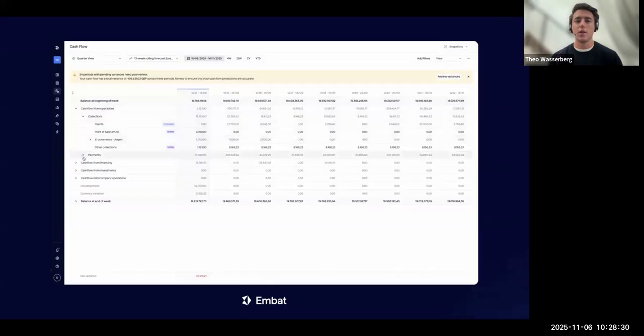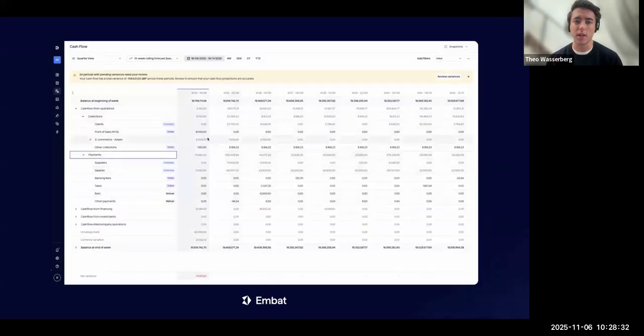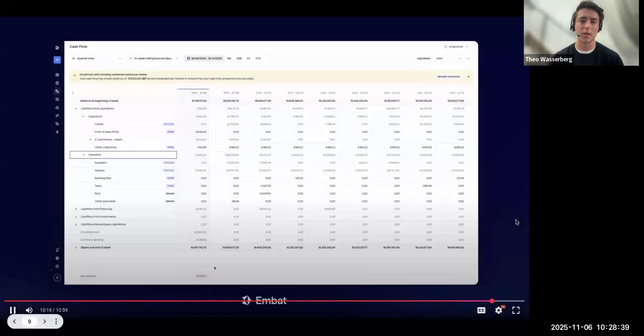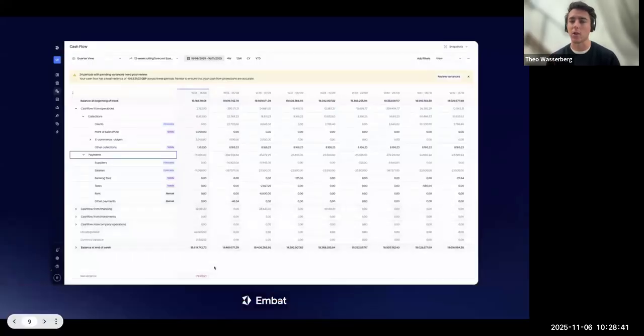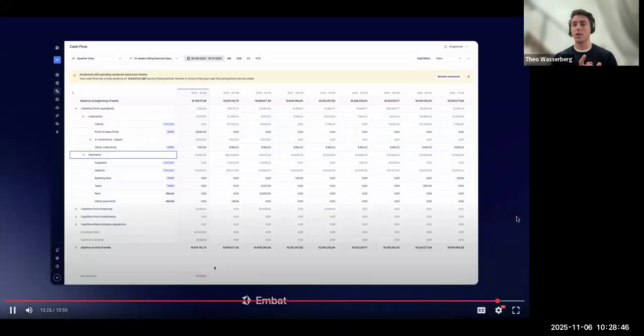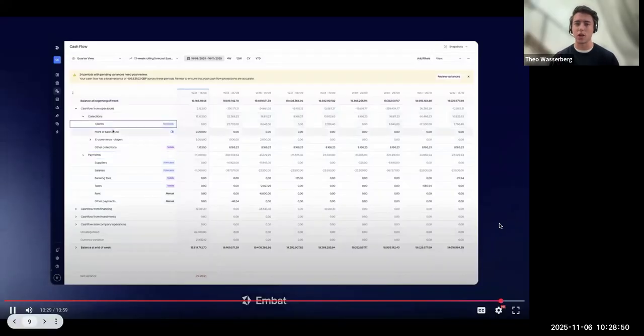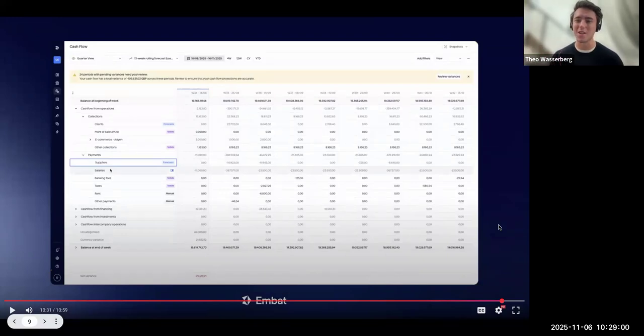And so if I just expand this, you'll see three colors here. I've got blue, purple, and black, right? Which is forecast, Tell Me, the AI agent, and then manual. So I'll just talk about those in order. So a forecast is a document that's in Business One, right? It's the best predictor of a cash flow change. So that could be an open AP, open AR document, and you know roughly what's going to happen in 30 days' time. But of course, there's a limit there because it's only the documents available for 30 days.